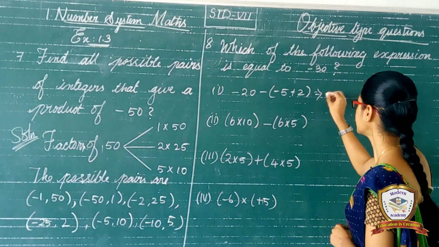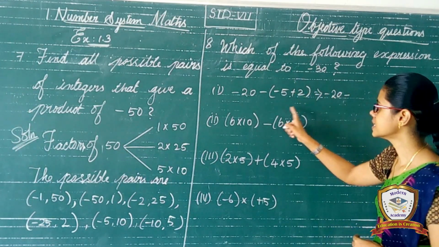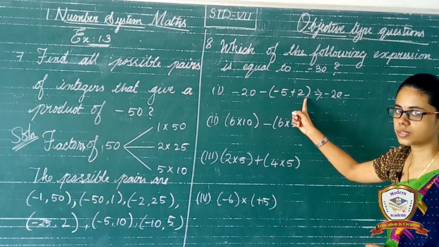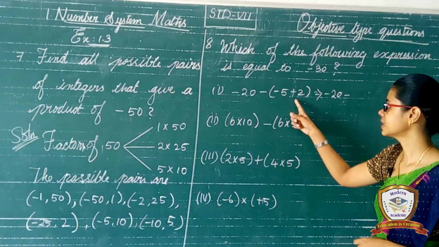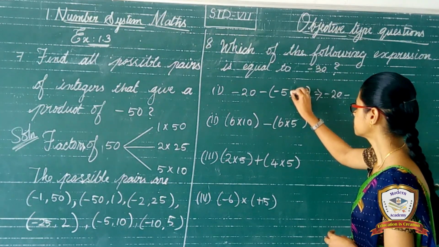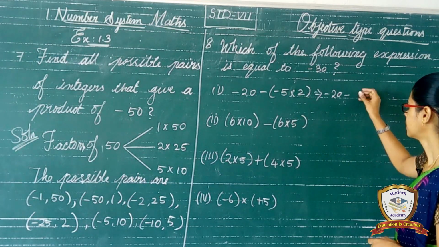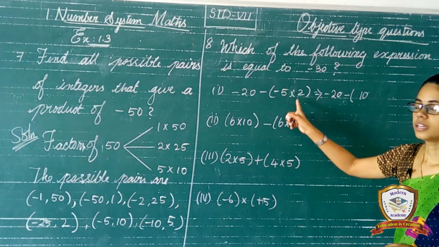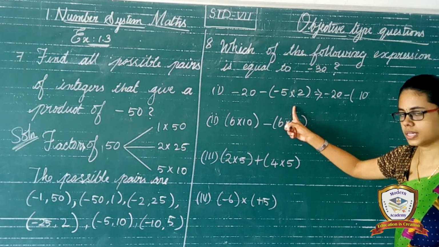So first I write here minus 20 minus of. See, inside we have to simplify. So both have different signs. Different sign means we have to subtract the numbers. Okay. See here, it is not plus, so here multiplication. Okay, so multiply 5 plus 10. We use the bracket, 10, and see here different sign. So different sign means we mention the sign minus in our answer.